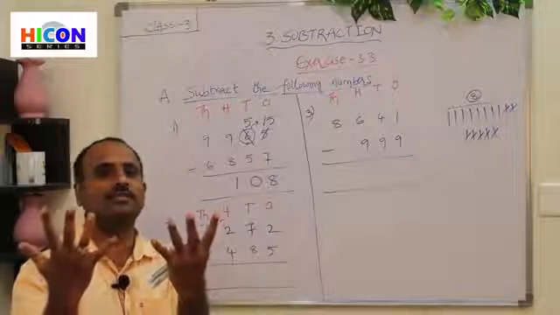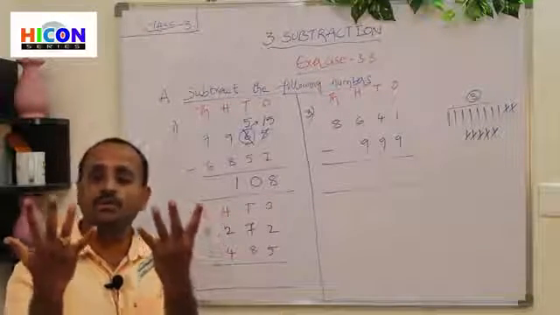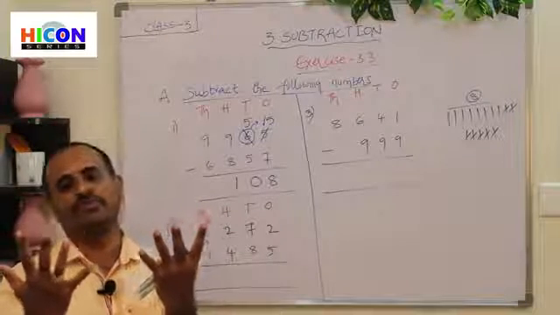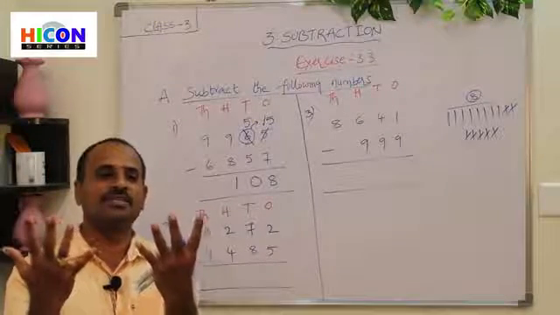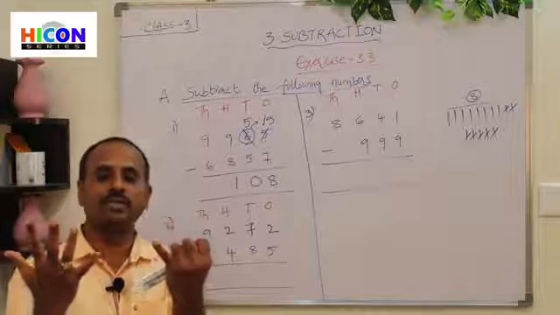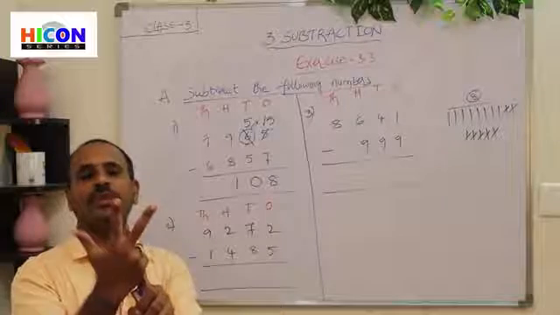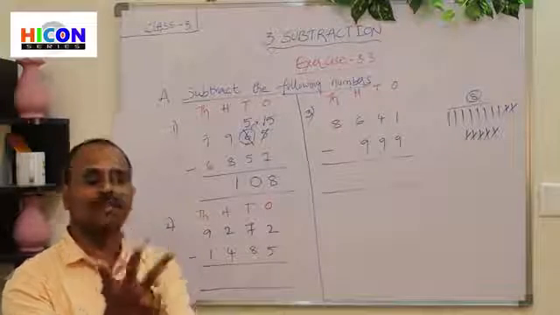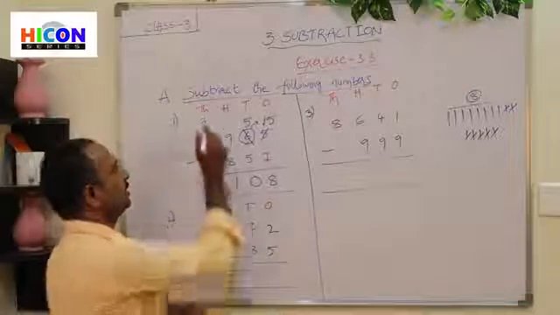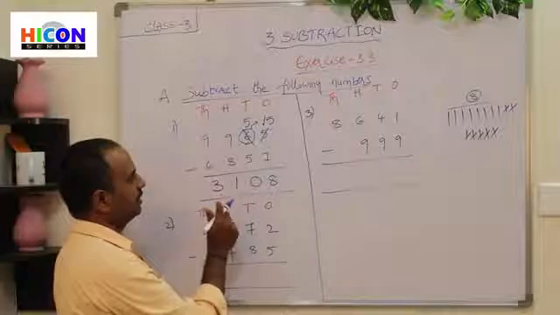So 6 is the second number. So close 6 fingers among these 9 fingers. 1, 2, 3, 4, 5, 6. So children, how many fingers are there remaining? So remaining there are 3 fingers. Write 3 under thousands place. So children, the answer is